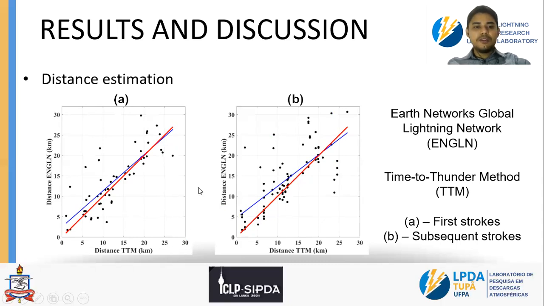In this figure and in the following scatter plots, the solid blue line is the best fit to the data, and the solid red line represents the ideal situation when the distance from the TTM method is the same as the distance from ENGLN. So the figure B is more scattered than the figure A, that's for first strokes,